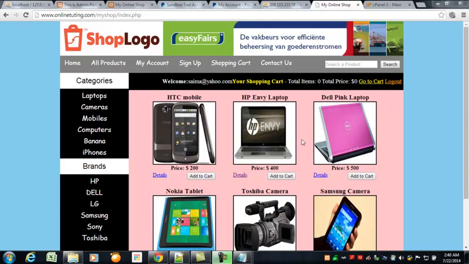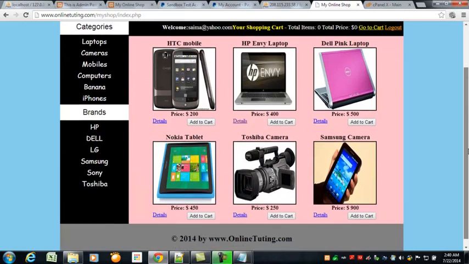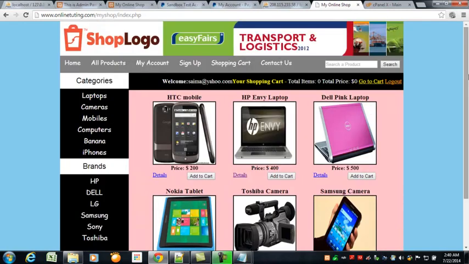Transaction, I mean we purchased the products from our own shop, and we paid 200 to PayPal. We received that inside this business account, and we also checked our personal account. But if you observe, PayPal did not automatically return the customer to our website. That was the problem, for which